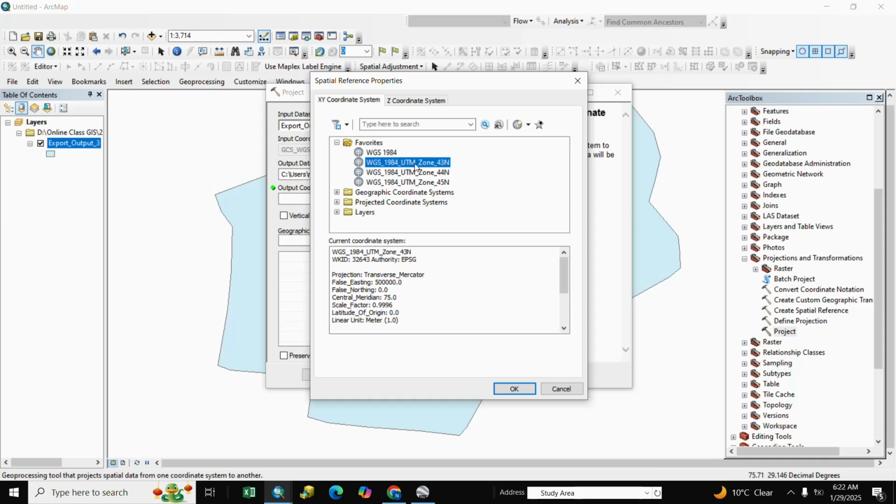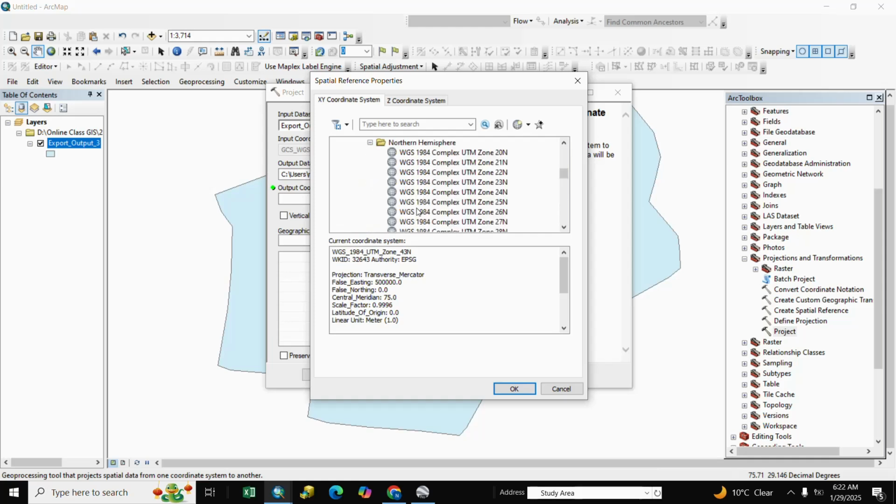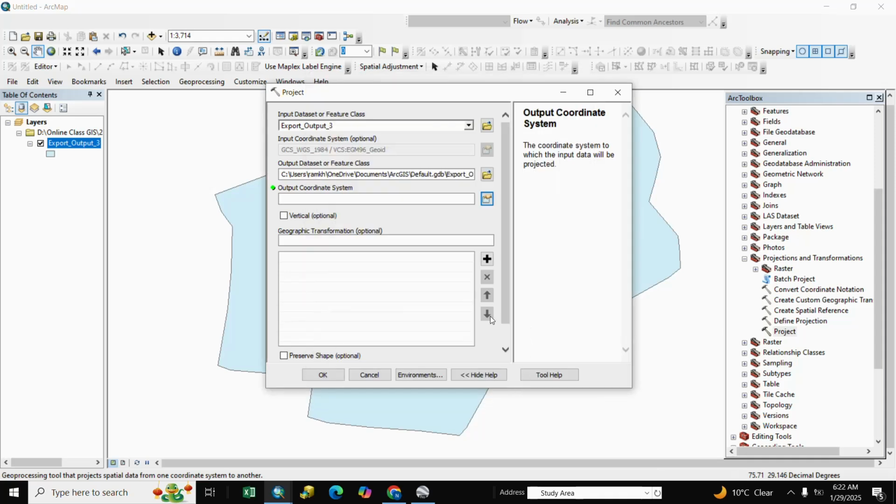Here is our favorite output coordinate. We select it. If you don't have it, you go to projection, UTM, WGS 1984, Northern, and we select here the UTM zone, okay and okay.